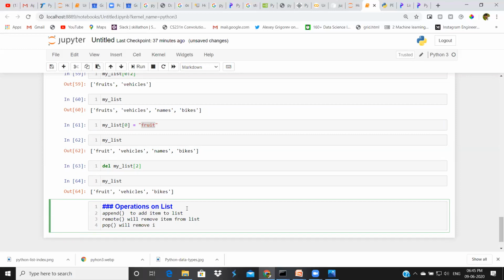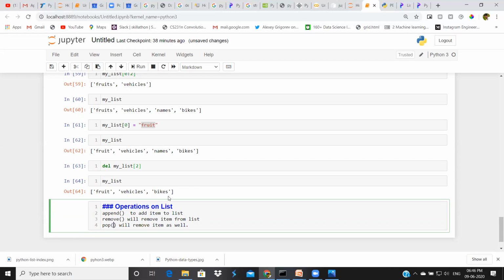Pop will remove an item as well, but there is a small difference. For the remove method, we have to pass the item inside, maybe banana or whichever fruit we have in the list. But in pop, there is no need to pass any element.